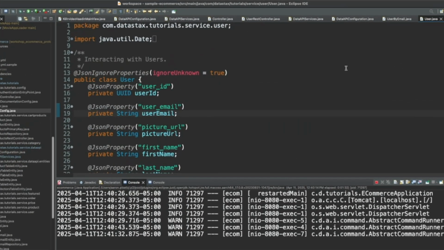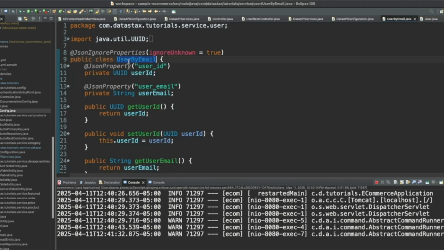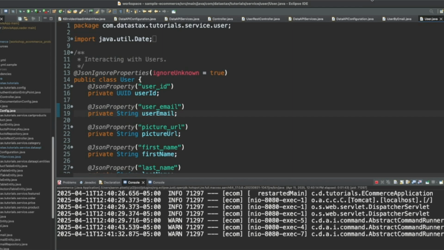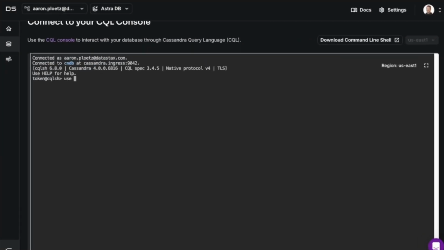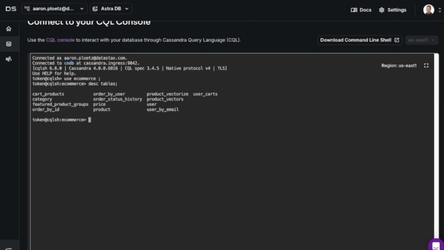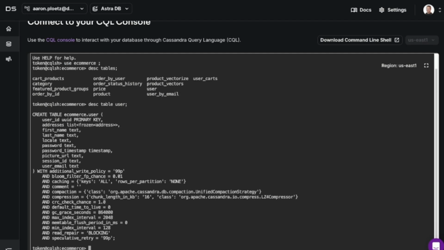It's important to note that we have two tables we need to concern ourselves with today. We have user by email, and we have user. If I have a look at that e-commerce keyspace, describe table user. There we go.